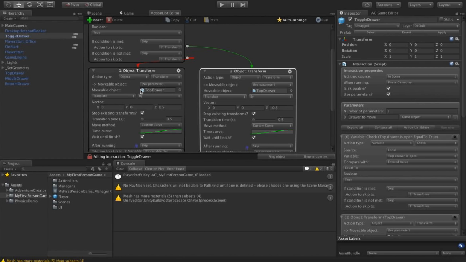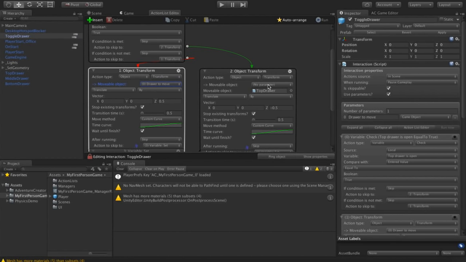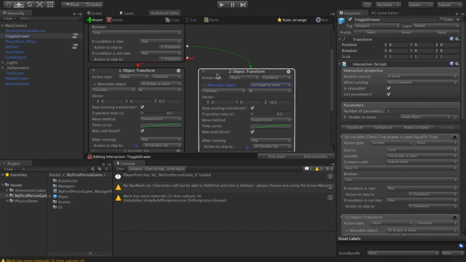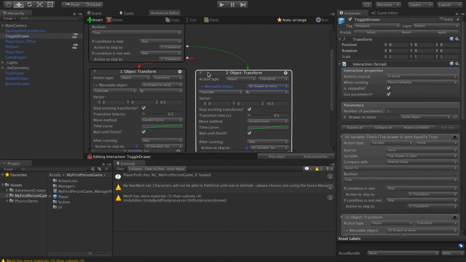But let's parameterize this field, so I'll change no parameter to draw to move in both of these object transform actions. That means when we run this action list, it will use the same object that we've assigned at that time to draw to move. This will make more sense as we actually see it in action. But if you are familiar with programming conventions, this is basically like a function parameter.